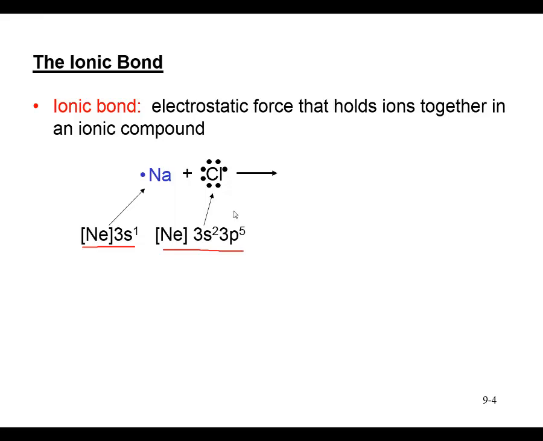Okay, so what happens when we have a metal like sodium reacting with a non-metal like chlorine is we can expect they have a very large difference in their attraction to electrons, which we will talk about later as electronegativity. The sodium, the metal, tends to give up 1 electron in this case, since it only has 1 valence electron. The chlorine is deficient by 1 electron to have a complete octet, to be just like the noble gas argon after it. So it needs 1 more valence electron. So sodium will transfer its valence electron to chlorine,